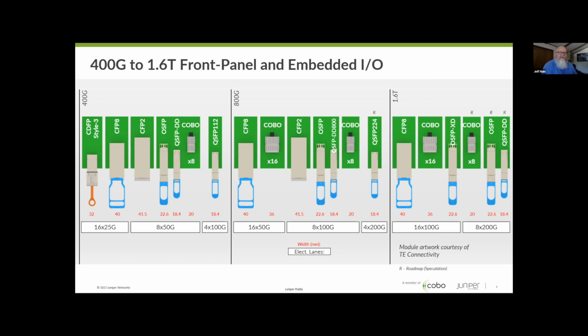So in the 400 gig generation, there was a lot of activity in the early days where it was thought the industry would adopt 400 gig Ethernet using 25 gig electrical lanes or SerDes. But that really didn't take off, although we spent a lot of time on it. But what happened is we really focused on these 8-lane form factors, and in particular the OSFP, QSFP-DD, and COBO. We had these 3 modules developed, and those were what really helped to get 400 Ethernet moving in